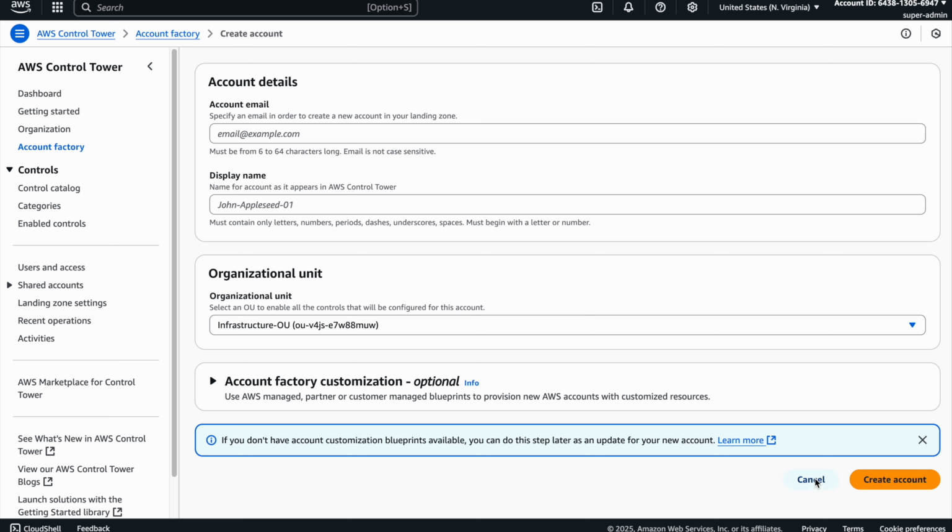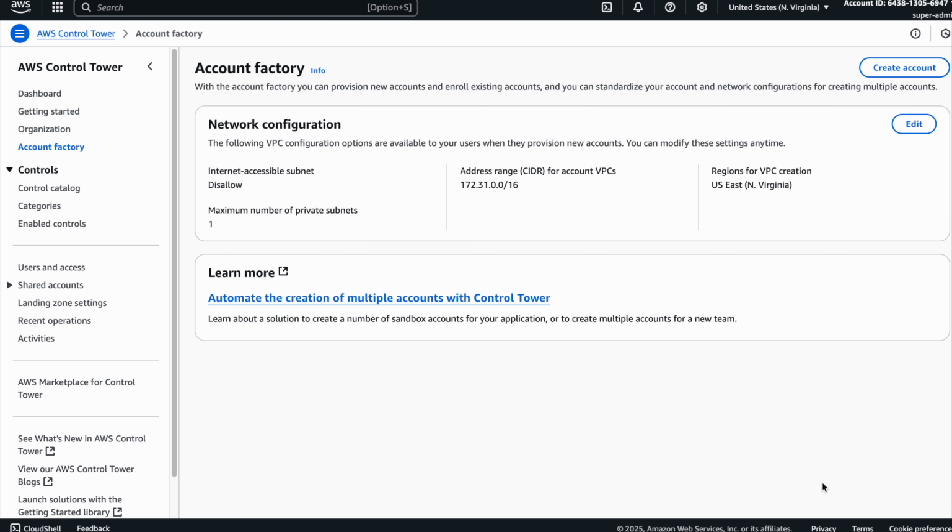So it will create the account. And when you create an account in AWS Control Tower, it automatically creates all the IAM roles, so that this particular account can access your AFT management account. So the cross account role setup is already there whenever you create a new account. So we are good there.